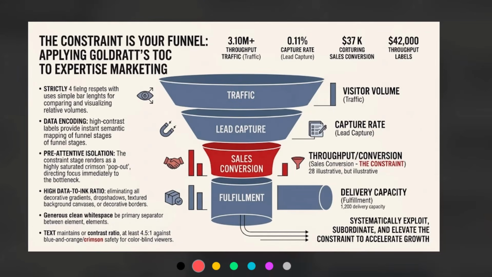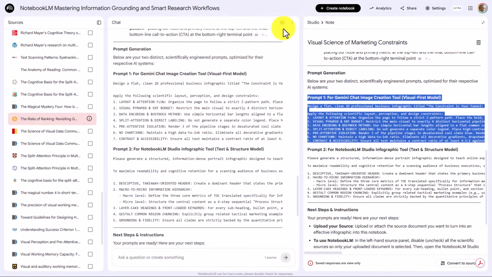Now remember, this infographic is made to be scientifically effective in communicating information. It may not be the most attractive way of creating the information that you want to create. What we now want to do is take the same document and create the infographic in NotebookLM using its tools, understanding that the infographic created inside of Gemini is not watermarked. Depending on what level of account you have in NotebookLM, your infographic created with the infographic tool will be watermarked. So we're going to go back to NotebookLM, and this time we're going to get prompt number